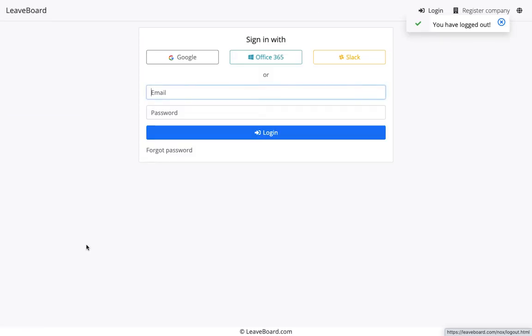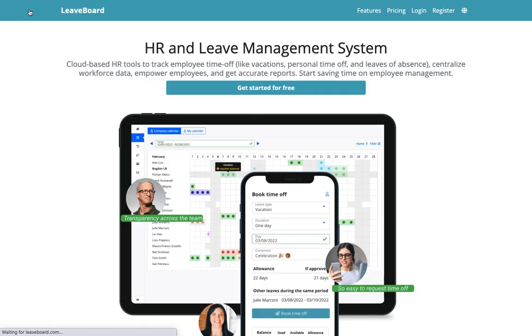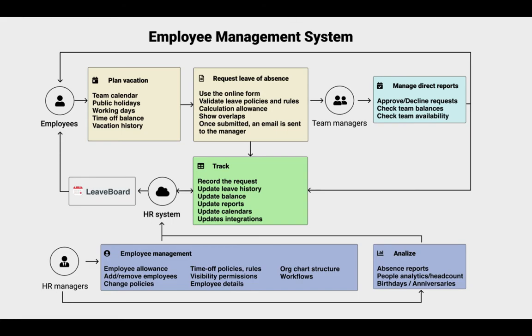And I believe with this we have covered quite a lot of ground. Of course, you can discover much more on the website or just by registering yourself for a free account. Accounts are completely free of charge once you have up to 9 employees. And I will switch right now to the presentation to have just maybe 2, 3 more slides that explain exactly